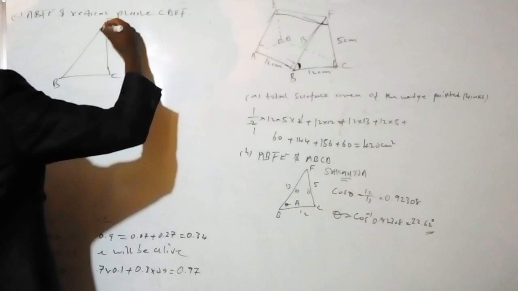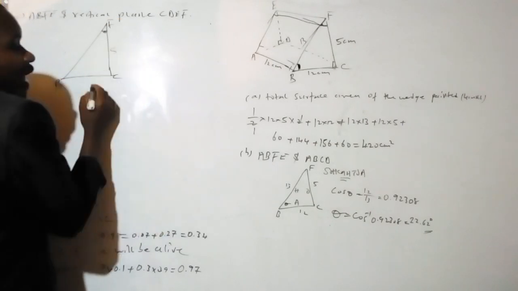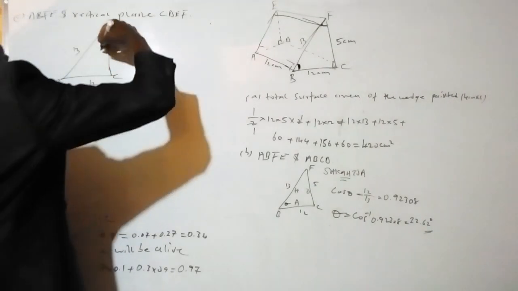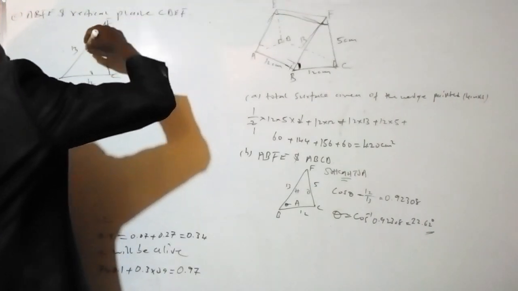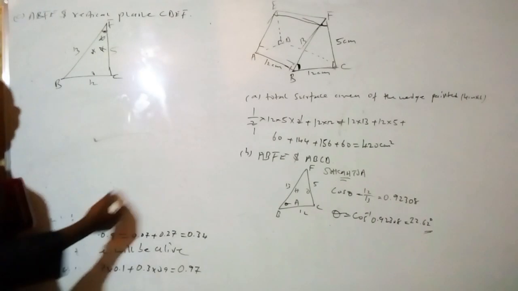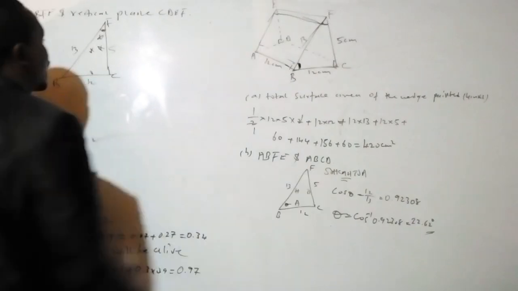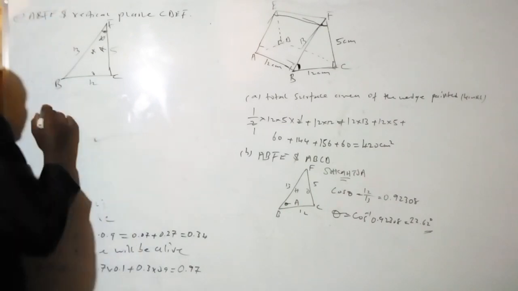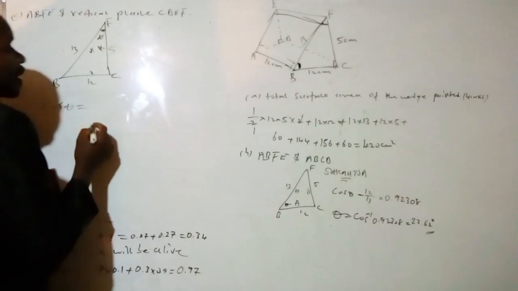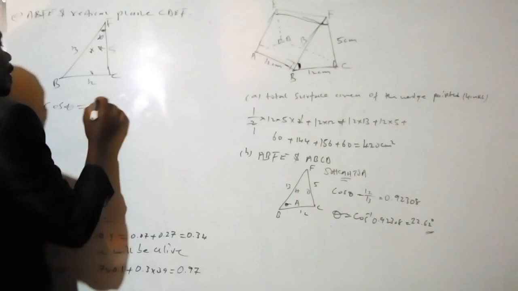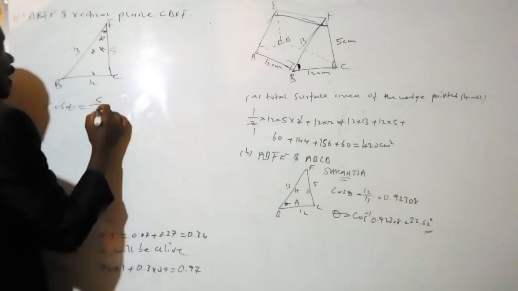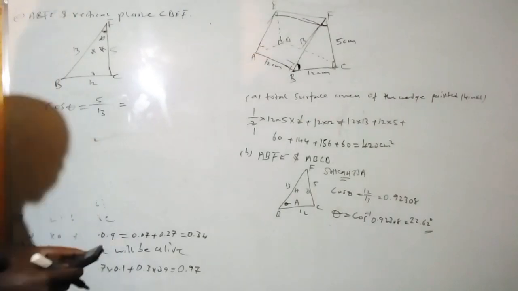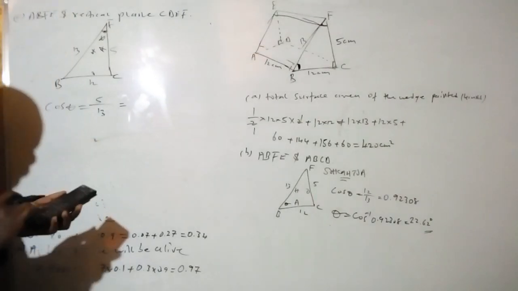We have 5, again we have 12, we have 13. Since this is the angle, this side will be adjacent, opposite, hypotenuse. Again, you can use SOHCAHTOA. You can either use A and H. Let's use cosine again. Cos theta is equal to adjacent, now 5, all over hypotenuse 13. 5 divided by 13 is what? 5 divided by 13, it's